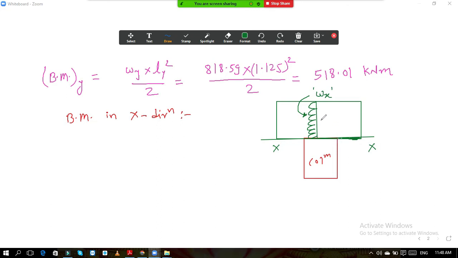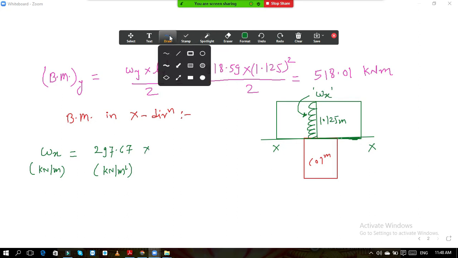So this is the length. How much is it? 1.125 meter, and this above length is 2.75 meter. Now we want to calculate the intensity of the UDL. So Wx is equal to, what is the intensity? Wx, which is again in kilonewton per meter, is equal to the intensity, which is 297.67. This unit is kilonewton per meter square, multiplied by,